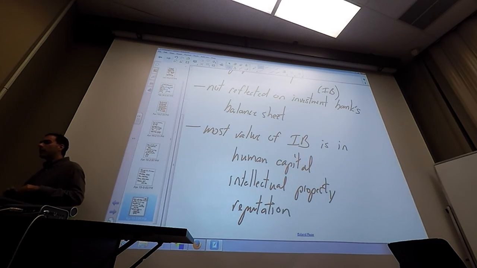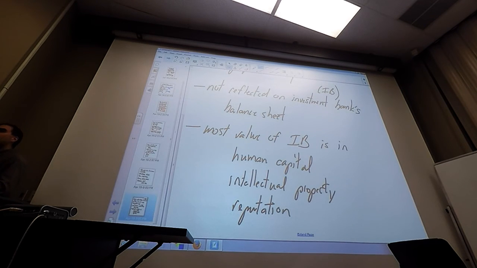So most of the value of investment banks is in these fuzzy, abstract concepts like human capital. It's basically the talent of their employees, because their employees are the ones providing these services. They're not providing these services because they have a giant vault full of assets or gold or something that they're investing. They're investing other people's money, so it's just their employees giving that advice. And if their employees are convincing and exciting and talented, then they can do that really well. If not, then nobody's going to pay for their advice.